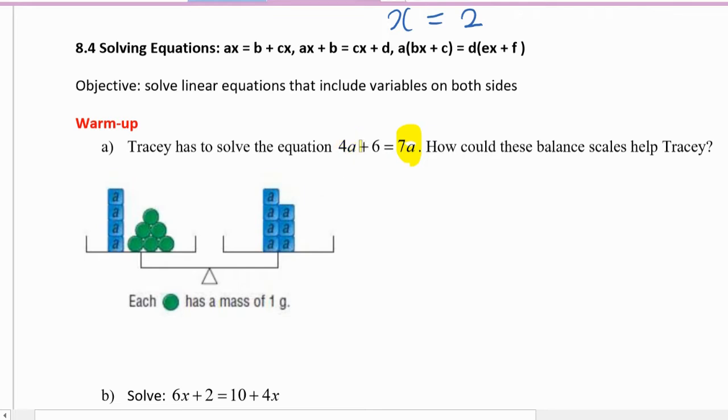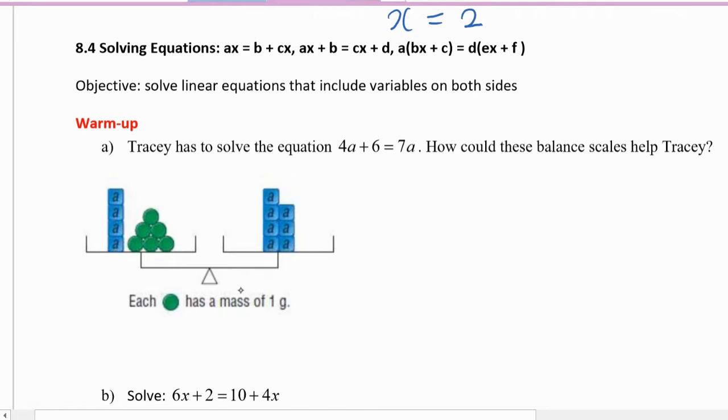So 4a on the left hand side and 7a on the right hand side. So when you draw a balance scale, you have to draw 4a tiles on the left hand side and 7a tiles on the right hand side. Okay, 4a plus 6 integer chips is equal to, they're even,